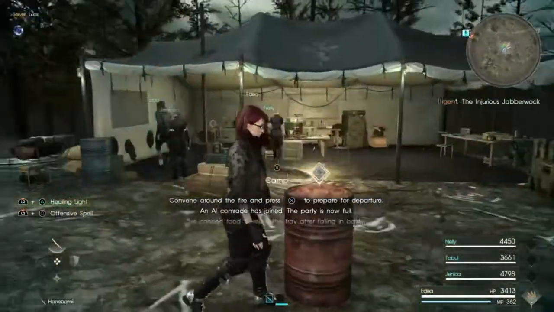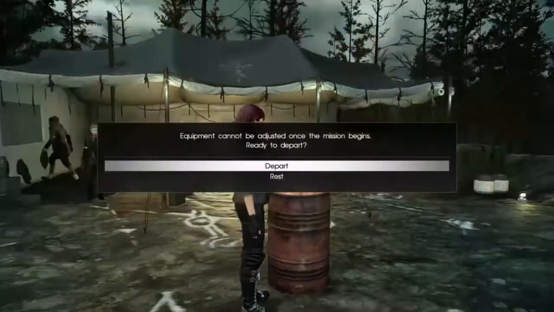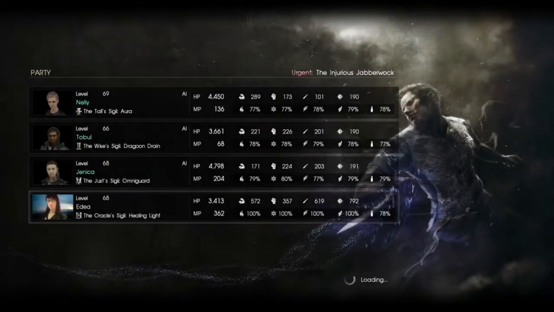You get the spirit tied to them's power. As of right now, I have one of the spirits attached to me, and it's the one that allows you to heal. It's the Oracle Sigil, the healing light. So as you can see, these three AI partners, one of them has the Tall Sigil, one has the Wise Sigil, and the other has the Just Sigil, all giving different powers, whether it be draining, whether it'll be Aura,